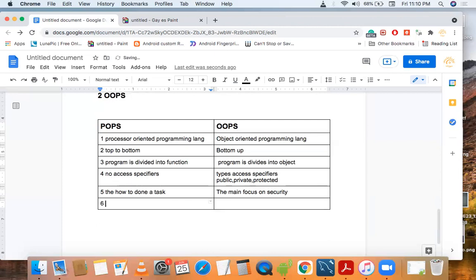Now, the sixth difference: POP does not support inheritance. We will learn about inheritance in a further video, so don't worry about it. OOP supports inheritance. The next difference is